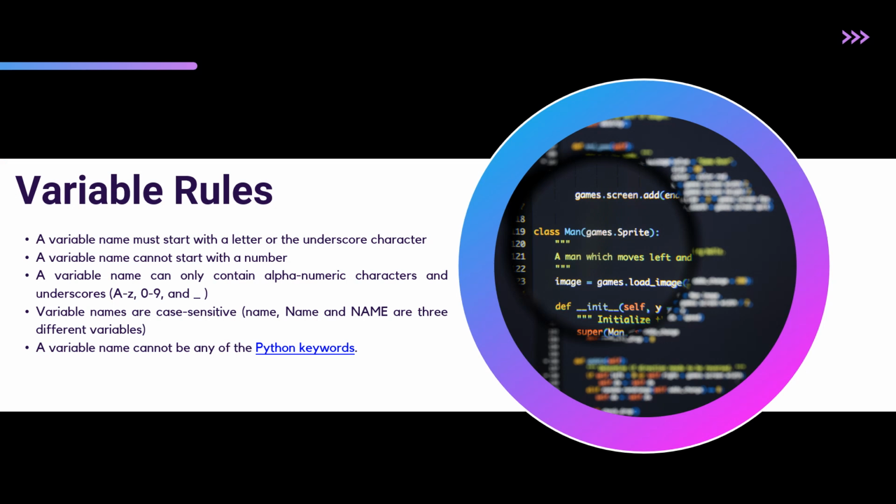In Python, there are variable rules. For example, a variable name must start with a letter or an underscore character. It cannot start with numbers because it will be an error. For example, it could be name or it could be underscore name for the variable. A variable name cannot start with a number, like I said. It cannot start with 1, 2, or 0 to 9 numbers, for example, 1 underscore name, because it will be